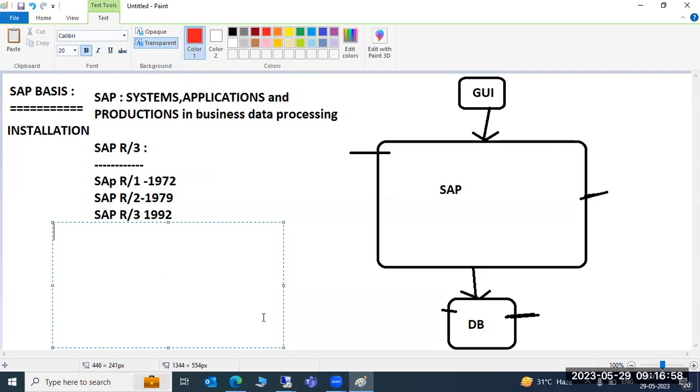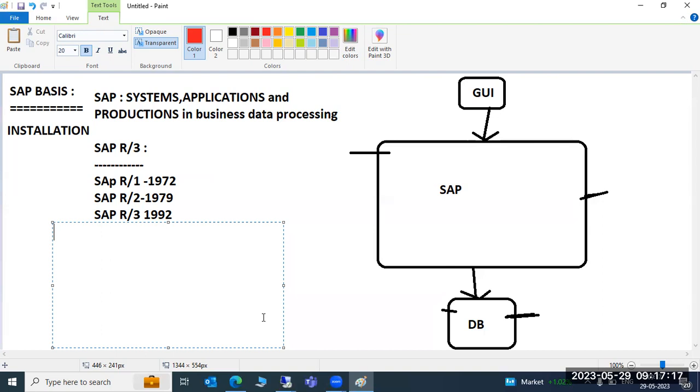Why? Because each product has a version. If you purchase one product, there is a version. If you install one app on your mobile, there is a version. So, same as everything, there is a version. So some versions we should remember, and those are the things we are going to discuss.